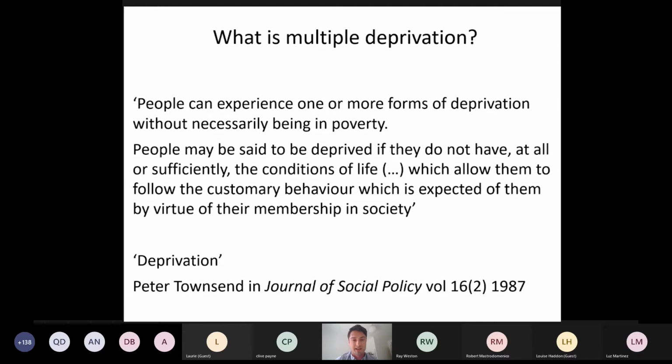And really, it's just here to emphasize that deprivation is multifaceted. It's not specifically just about poverty, although poverty very commonly is a very key factor in being classed or statistically defined as being deprived. But there is more to it, I think, is what we're trying to say here. And this just gives a bit of a fuller flavour of what we're going to be talking about a bit more as we go on.